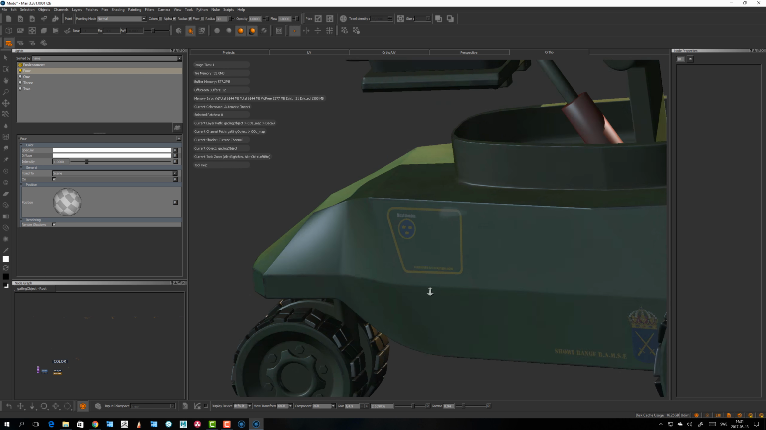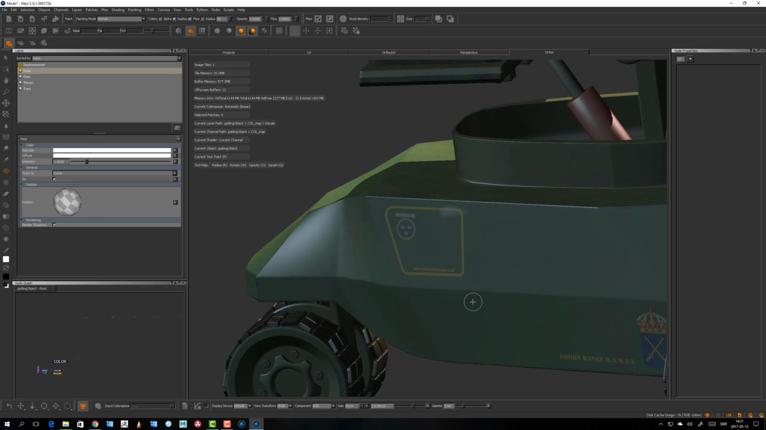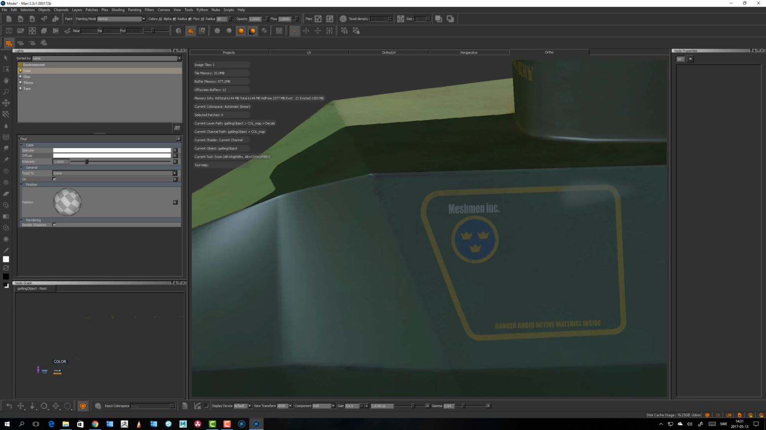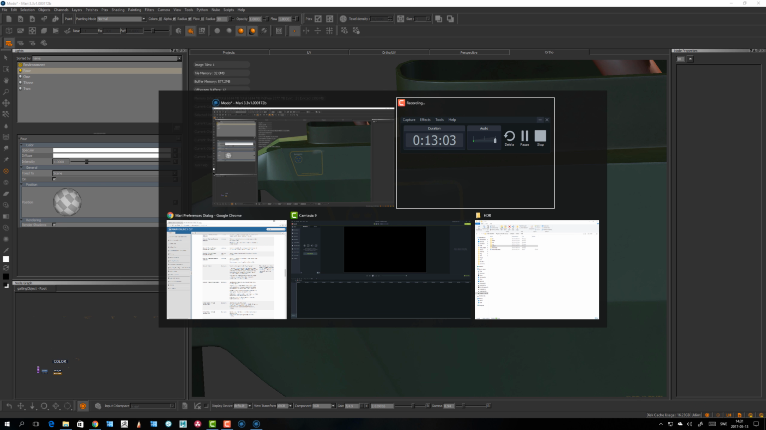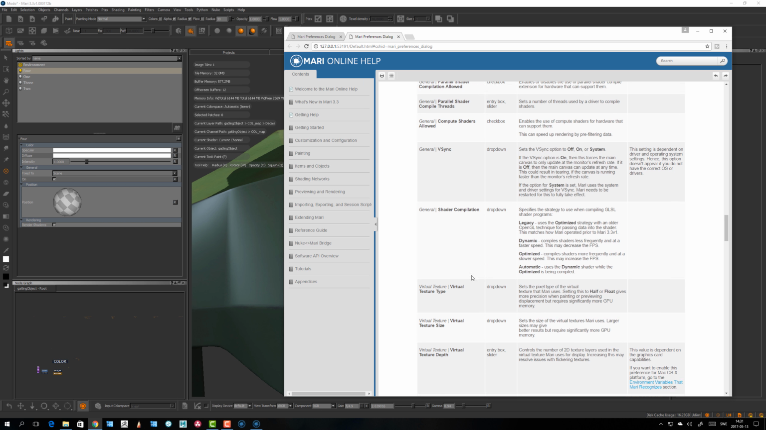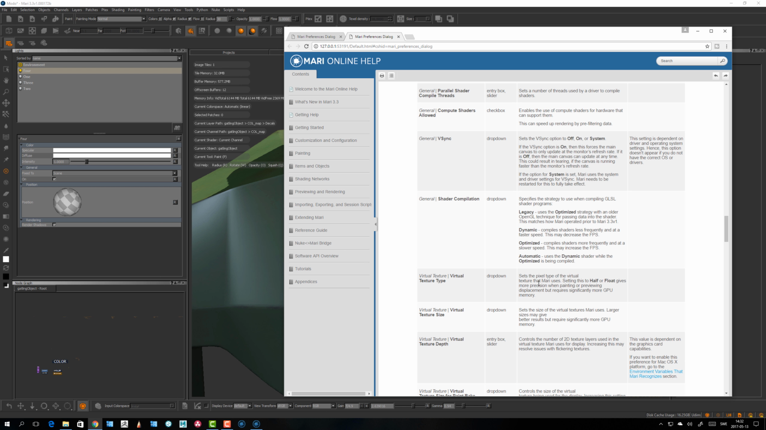It's a little more snappy going that way. But then again, let's go and see the documentation about the depth. Half. Sets the pixel type for blah blah. Gives more precision when painting. Yeah, that makes sense. So if you can afford it, I would set it to